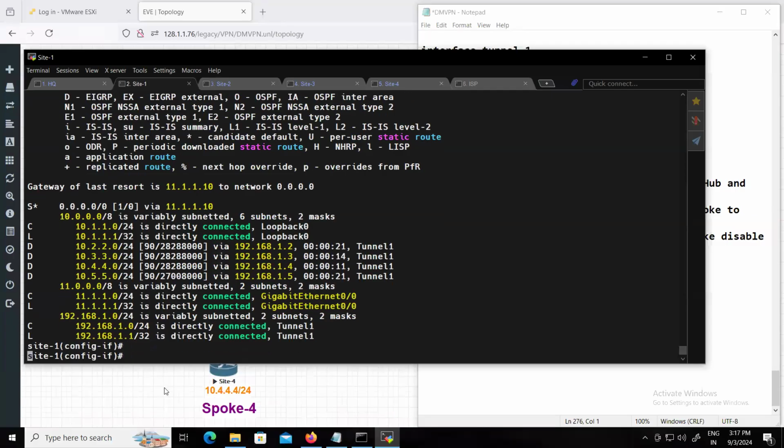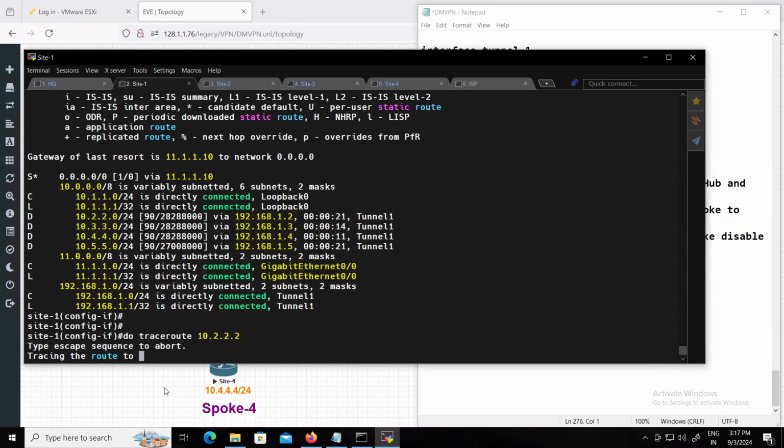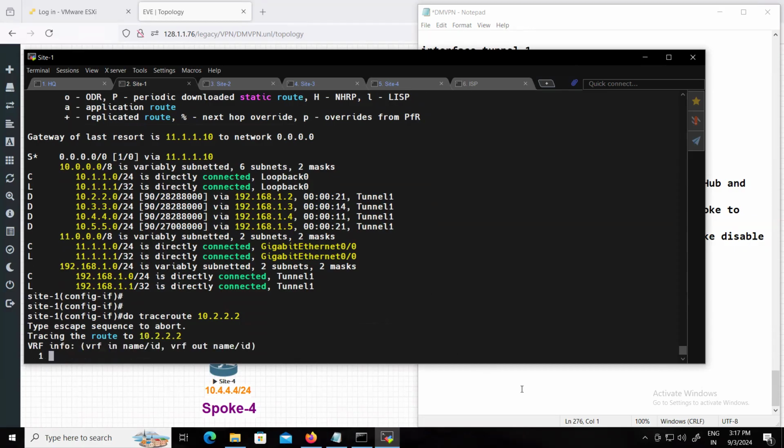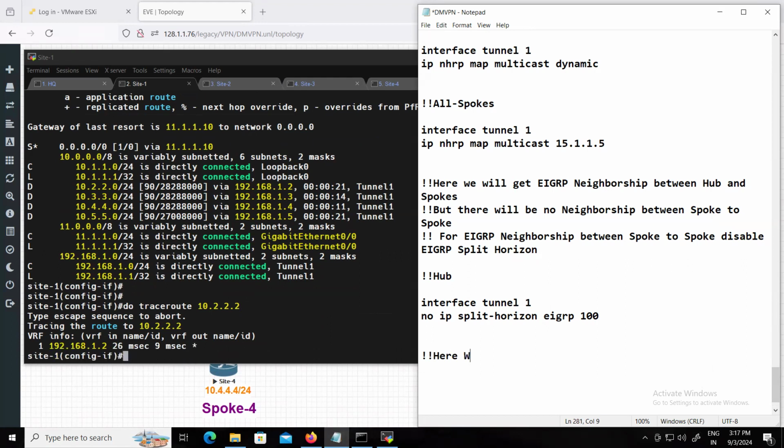Now it is correct. And now if I say do traceroute 10.2.2.2, they will go that way. So this is how end-to-end communication works. Okay. So this thing you will do on the hub, and here we will get spoke to spoke communication,